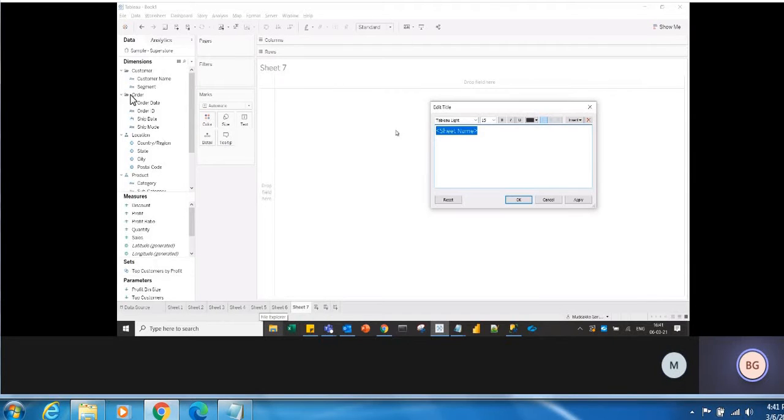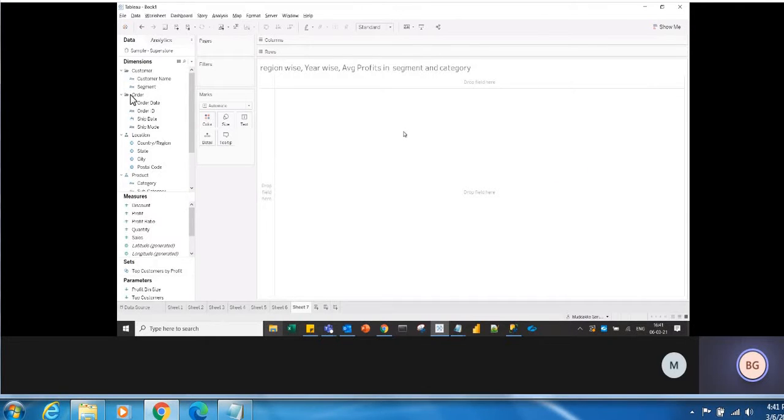So tell me now how you will create this. I'm not putting any "every" or "each and every", nothing. So tell me how you will do this now. How do you know which are the small multiple dimensions? Will you put region? Will you put year in the columns and rows?